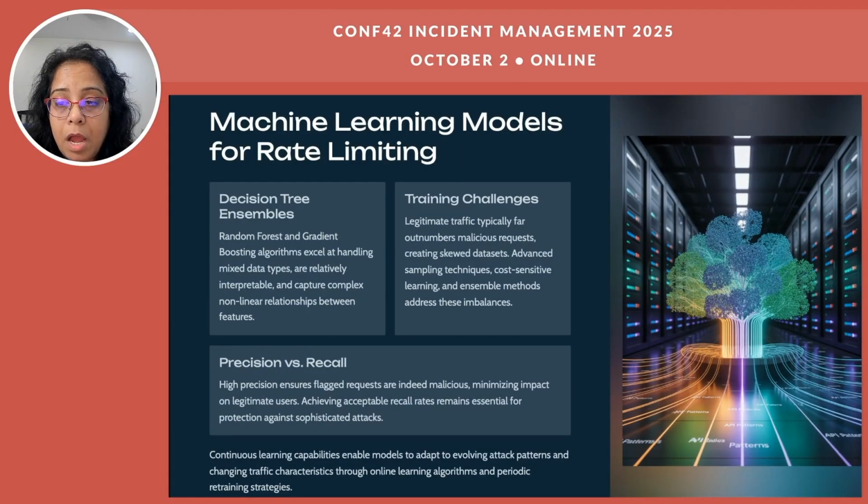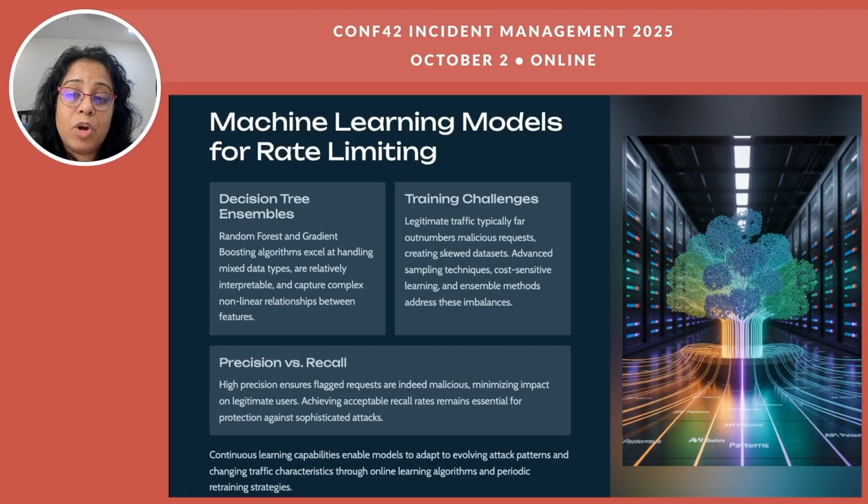Talking about how it works, think about it like this. You don't hire one security guard, you hire a committee of many experts. One expert could be a geographic whiz, one could be a timing guru, one could be all about browsers, one could be about IP addresses. So let's say we just take three of them into consideration, and a request comes in, the committee votes. The geographic guy says it's fine, but the timing guru and the browser expert say, nah, dude, that's weird. The majority rules and blocks it.